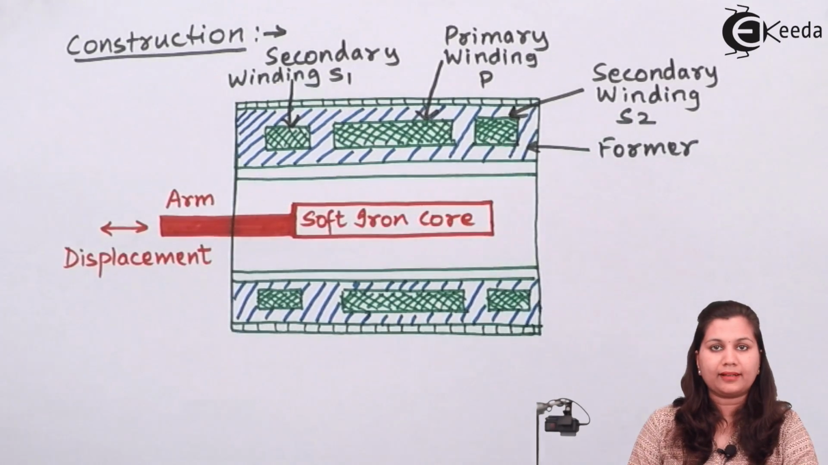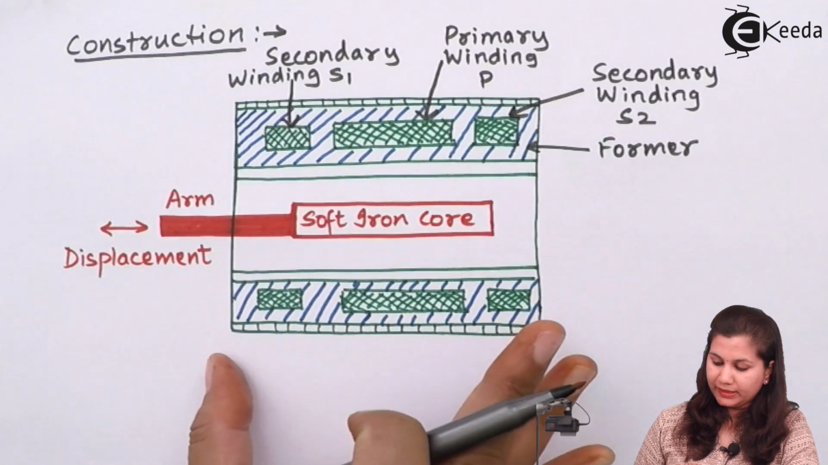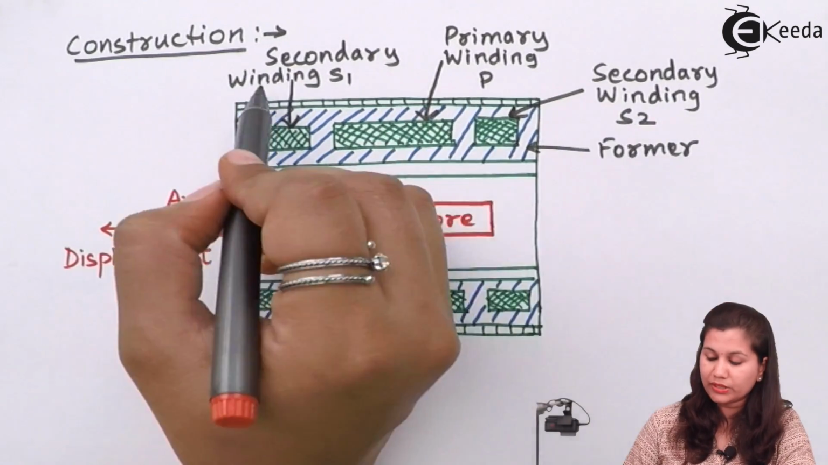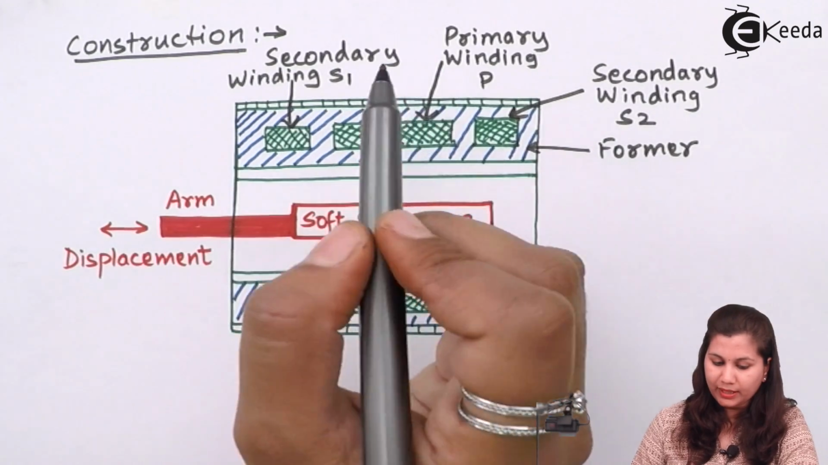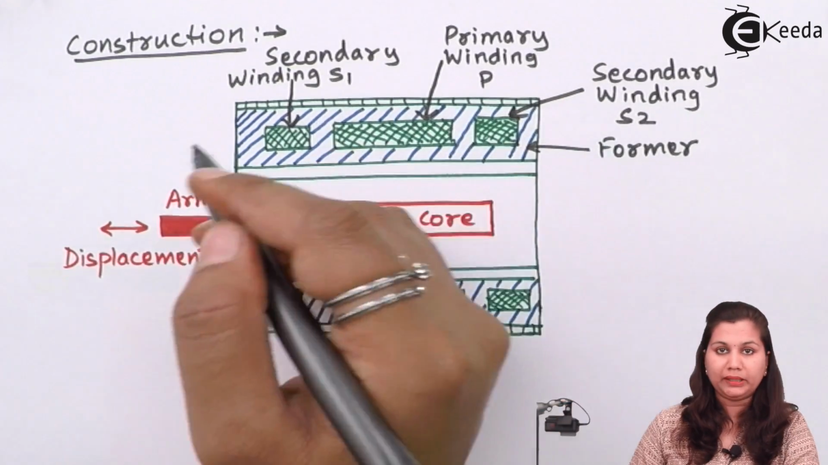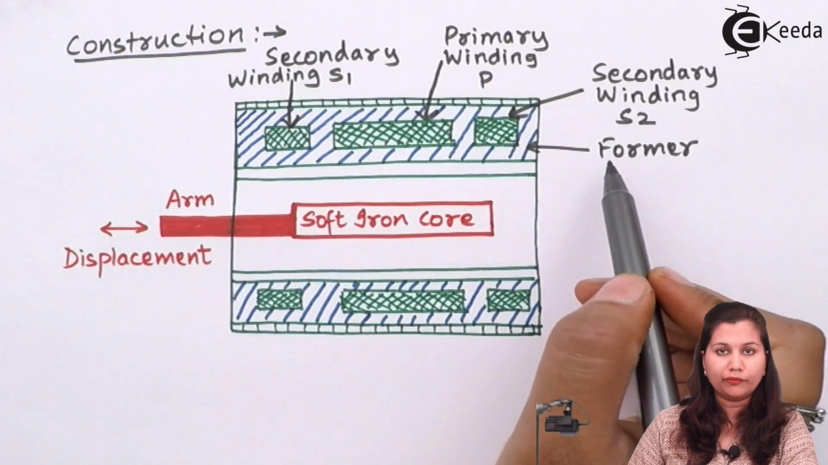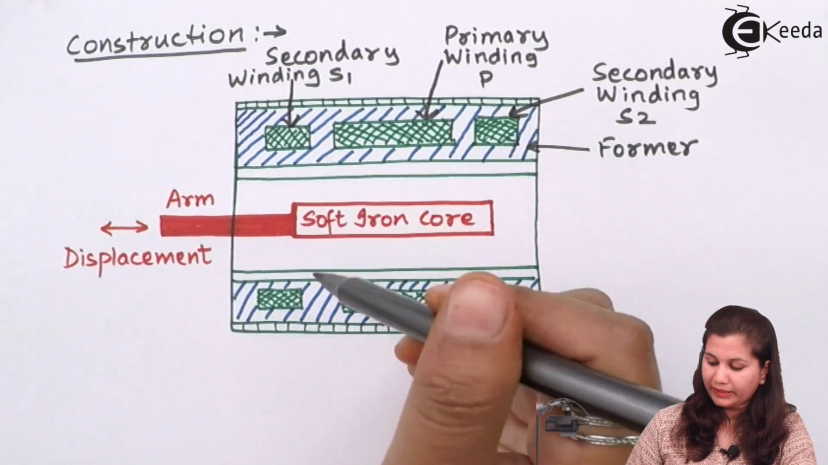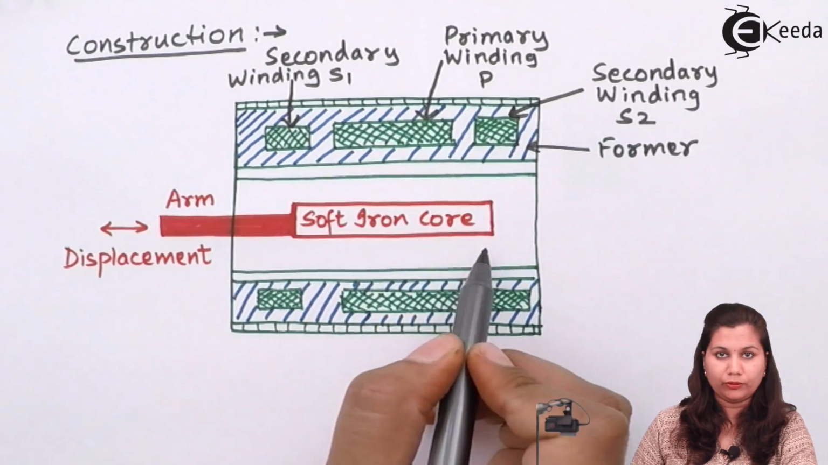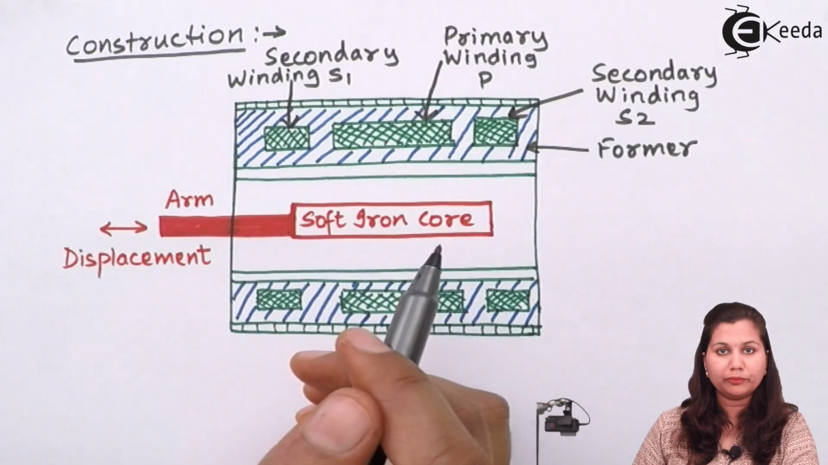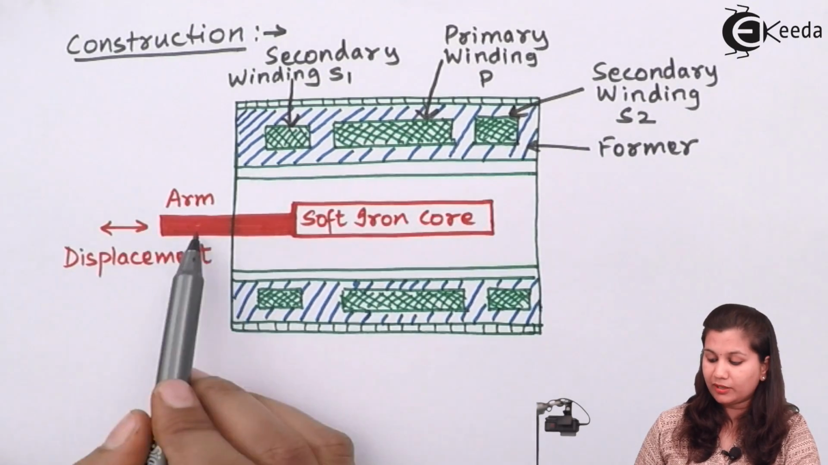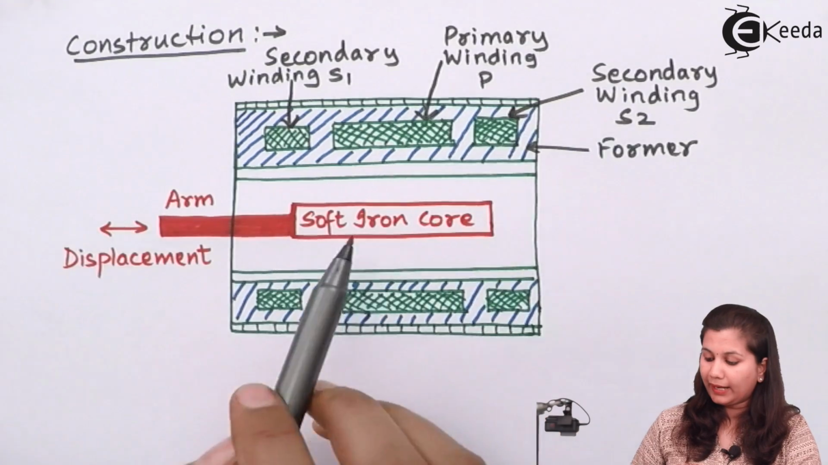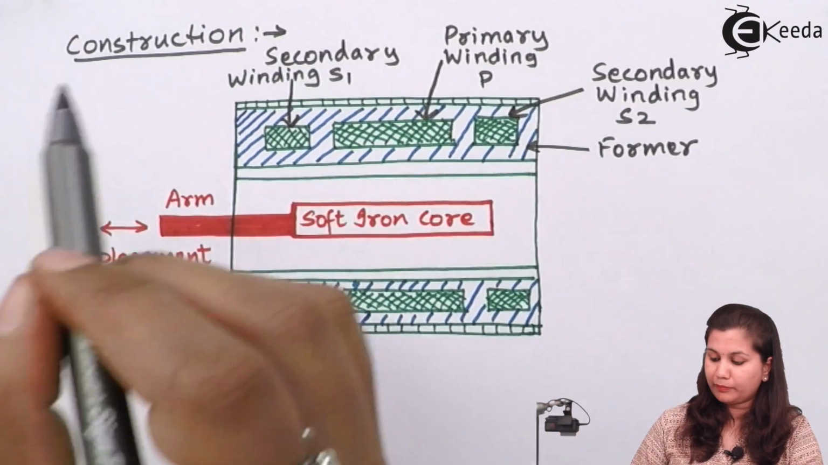So this is the basic construction of the LVDT. In this diagram, you can see that we have two secondary windings S1 and S2 and one primary winding P, which is wound across a cylindrical former. Now in between these windings we have a soft iron core, and this iron core is moved between the windings. So displacement is given to this soft iron core, and the output voltage is measured between